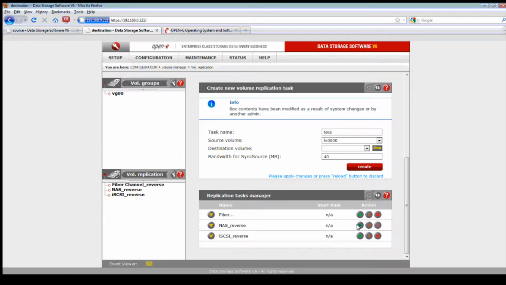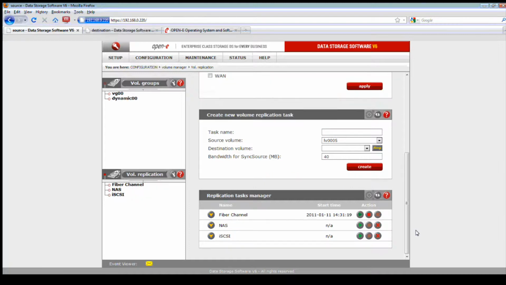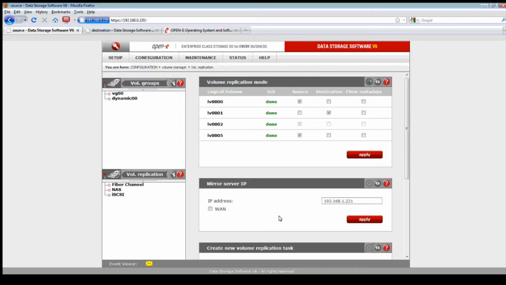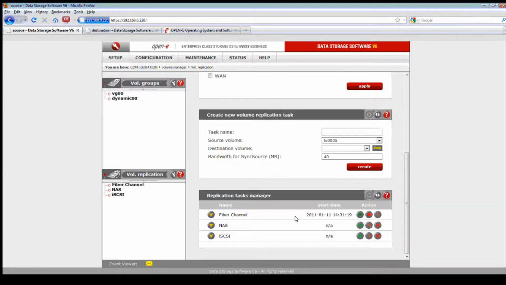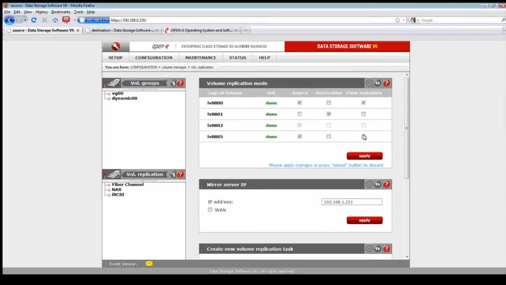And it looks like I do have an issue. This is great. Well, I'm going to have to work on this one a bit. So profuse apologies. It looks like I could troubleshoot it. If you all want me to troubleshoot it, we can do that right now. But for some reason, there is an issue on my replication side. So I either have a problem with this system, which is my destination server, which I can troubleshoot and find out why, for some reason, it won't allow the NAS replication.